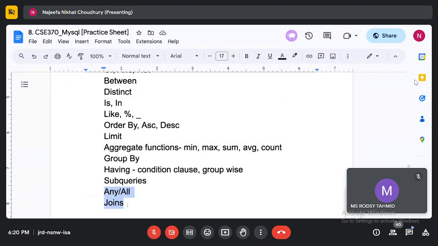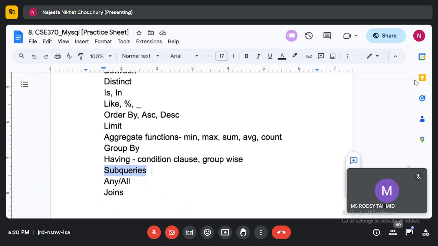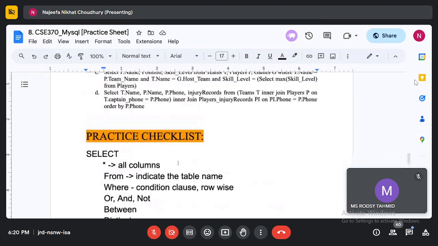If you have time at the end of the semester, I will go through these examples, or if you have any questions after trying yourself, you can come to my consultation hour. I will try to show this before the end of the semester. Today we will just go through subqueries.